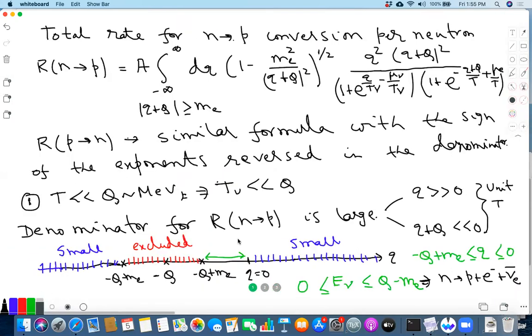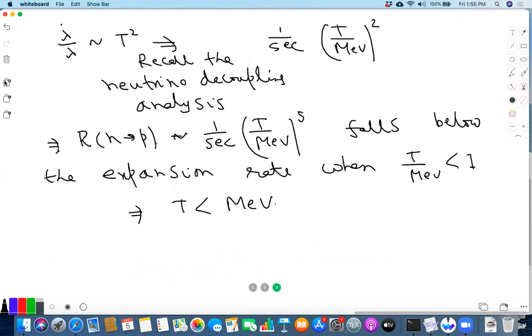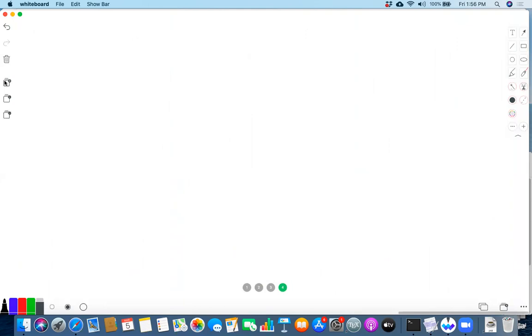Okay, so once we have got the formula for this, A is a known constant. Everything here is known. D nu and T, we know how it evolves as a function of time. So once you have gotten the expression for the n to p rate and p to n rate, we can use this to calculate the rate of change of the densities of neutrons and protons. Let's see what kind of formula we get. So, time evolution of Nn and Np.